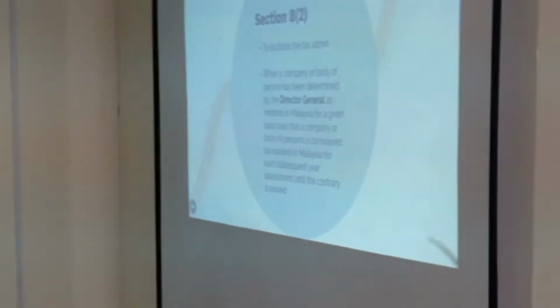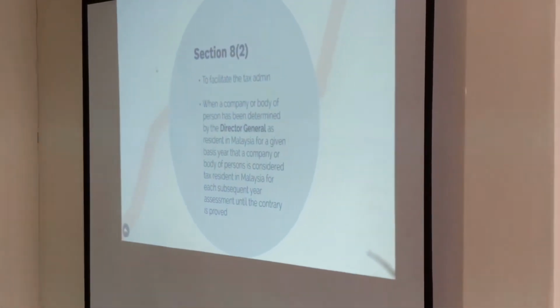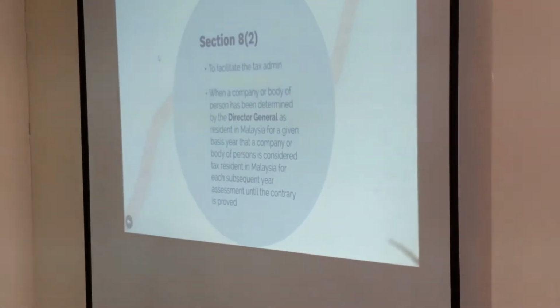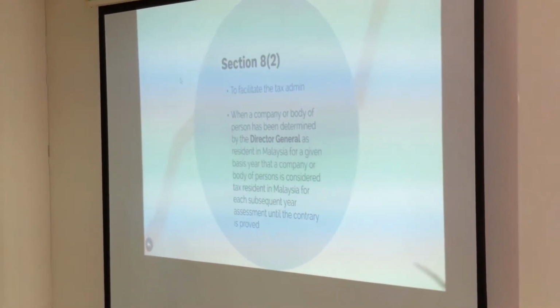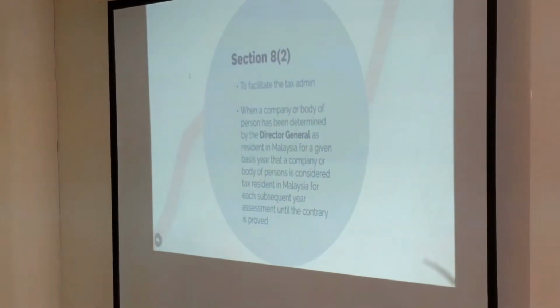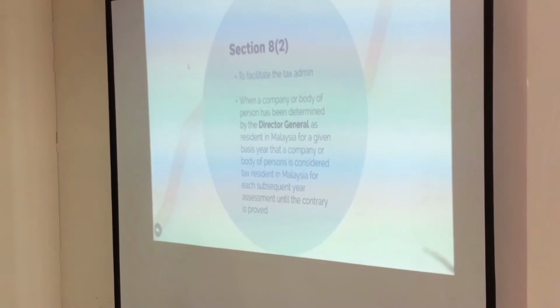So next, we proceed to Section 8 Subsection 2. This section is for the continuance of the resident status. Section 8 Subsection 2 has been created to facilitate tax administration. So under this section, when a company or body of persons has been determined by the Director General, and the keyword is the Director General, as a resident in Malaysia for a given basis year,